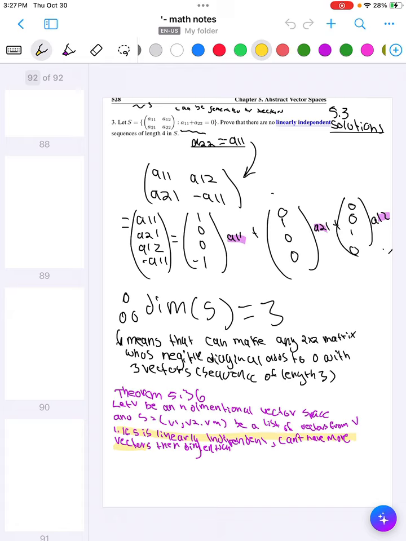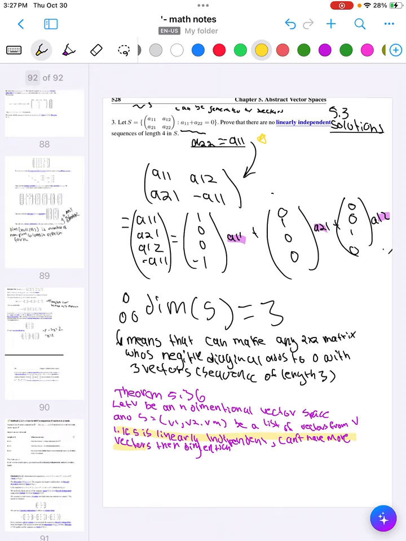So to start off, I took the equation given where the top left and bottom right entries added to 0, and I essentially just solved for the bottom right. And what I found is that the bottom right entry is just the negative of the top left entry, which is shown right here. And using that, I rewrote the matrix and I turned it into a vector, which is right here. And what I found is that since the